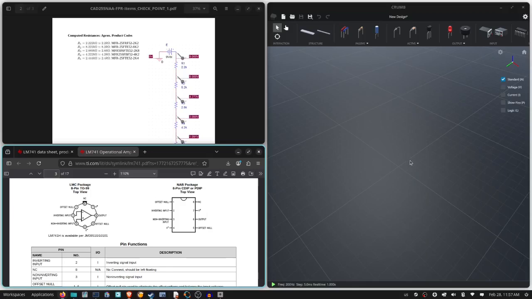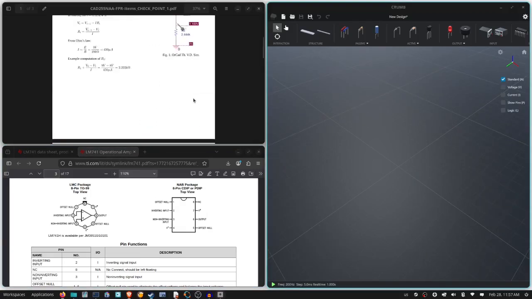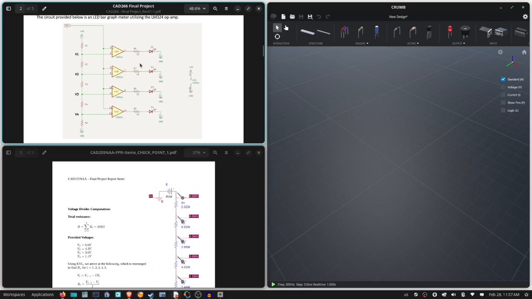Okay, so now I have everything. Okay, so for this CAD project, what we're doing is we are taking our operational amplifiers, which we have four,